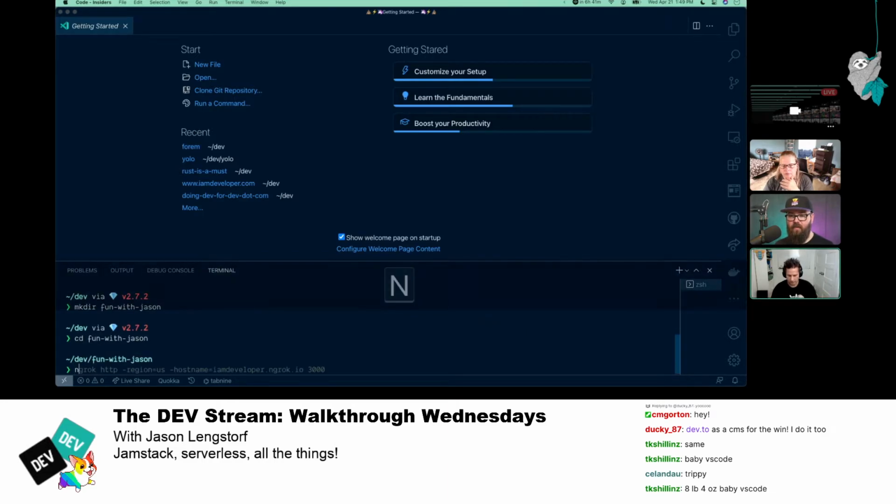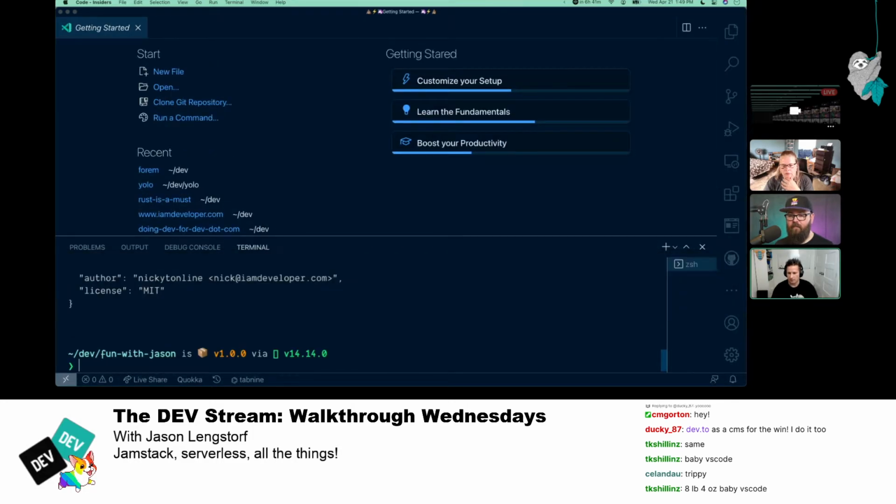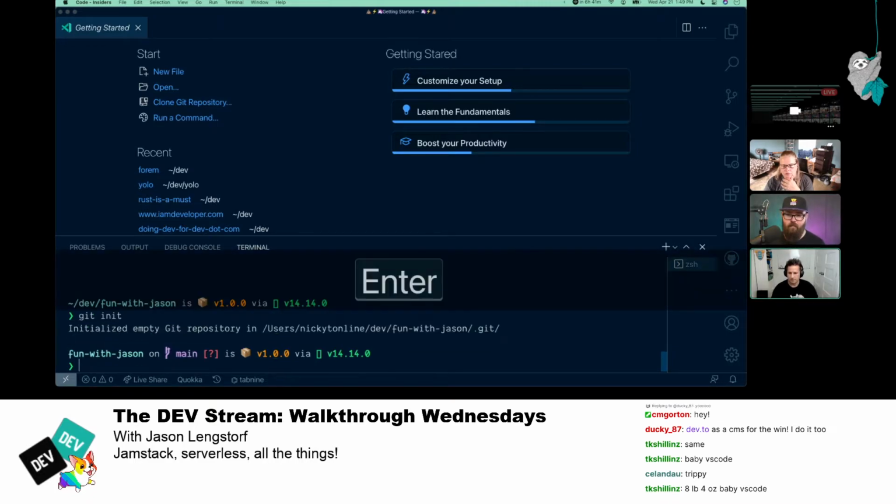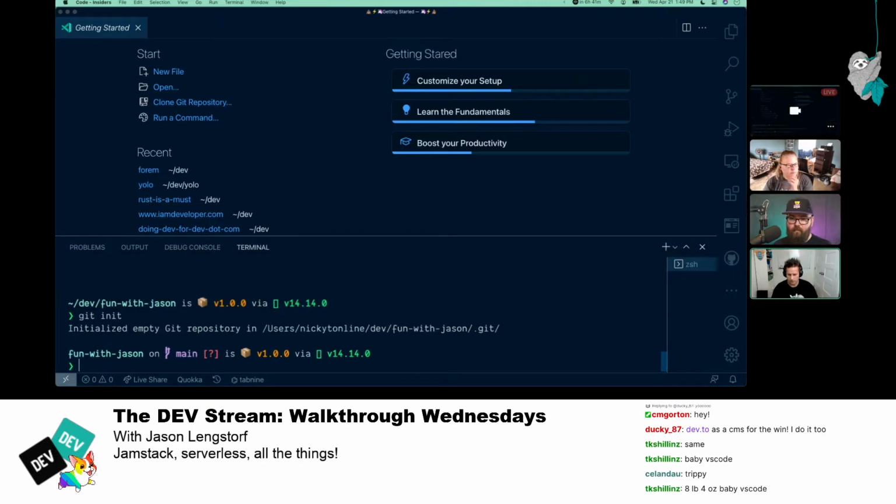So I'm just going to run npm init -y. This will install it with all the defaults. And I'm going to do a git init here, and we should have a repo. Cool. I'm just going to open that folder now.